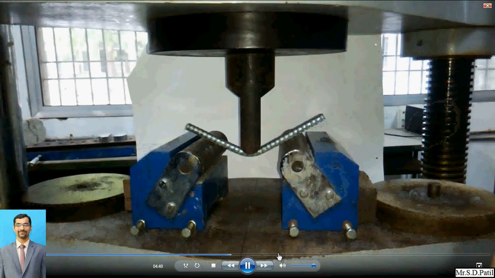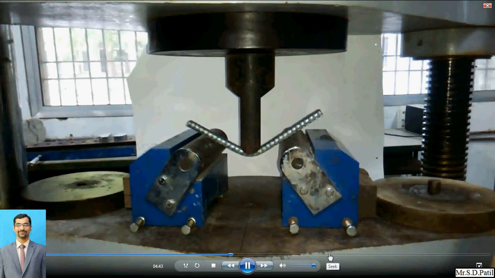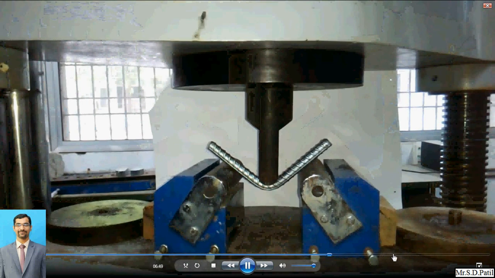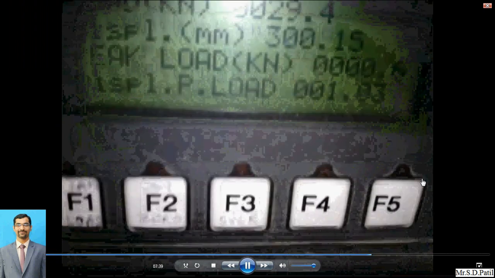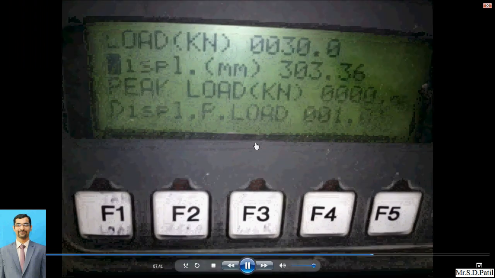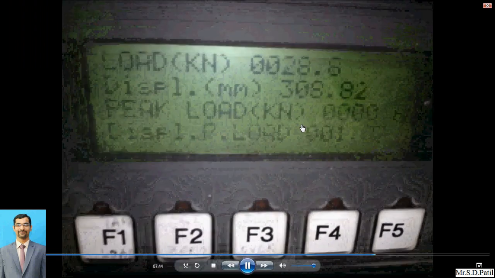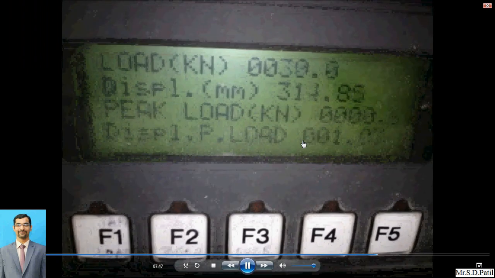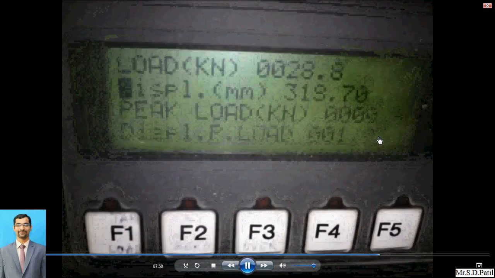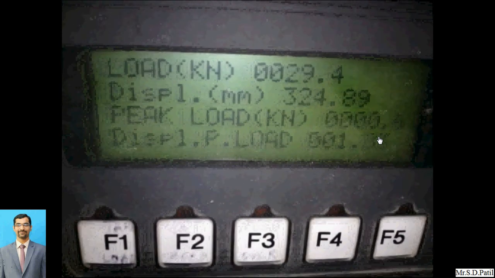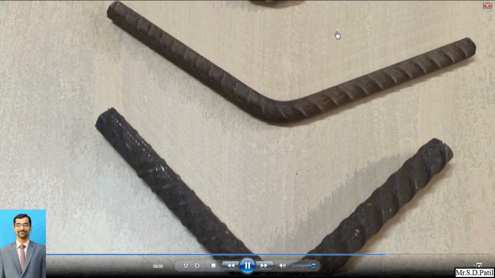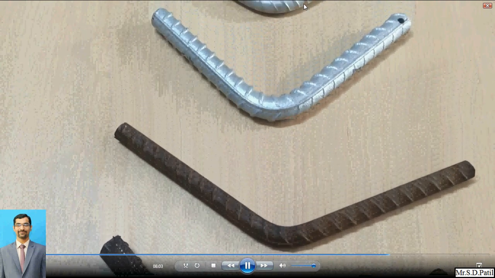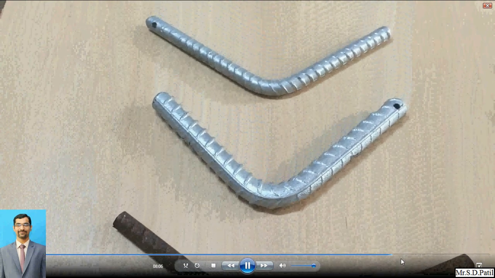The test procedure is very similar for carrying out the bending test. Here the interesting phenomenon is to observe the bending. On this display panel we get how much the deflection is, and how much load we have applied. Now, in the next portion, we are observing how exactly the bending has been carried out on this different material.